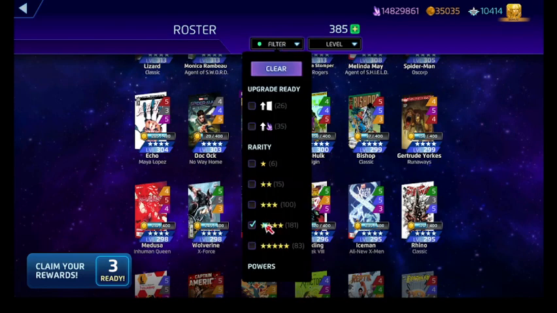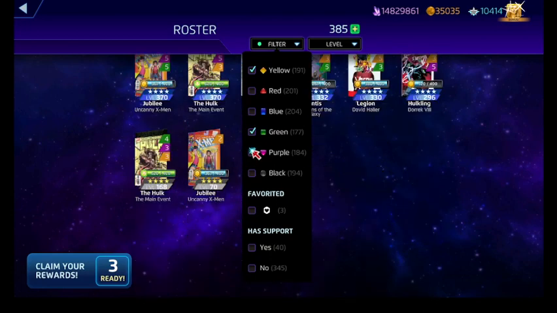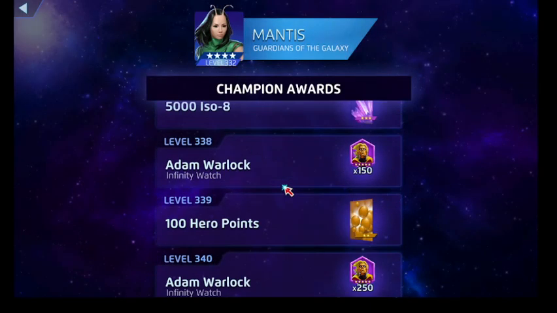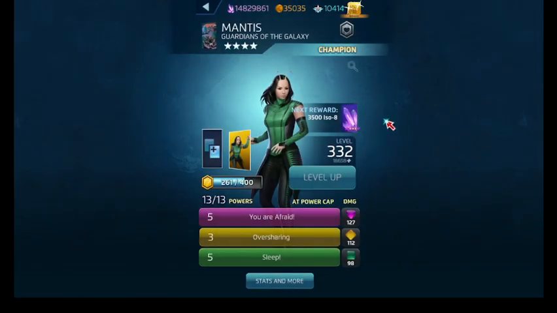Now I gotta find Mantis: yellow, green, purple. There she is. I forgot I had put some levels onto her because she was Adam Warlock, and I was looking to try to get my Adam Warlock done. Okay, so while we don't have the Mantis on screen that we're gonna be facing off against, we'll be looking at mine